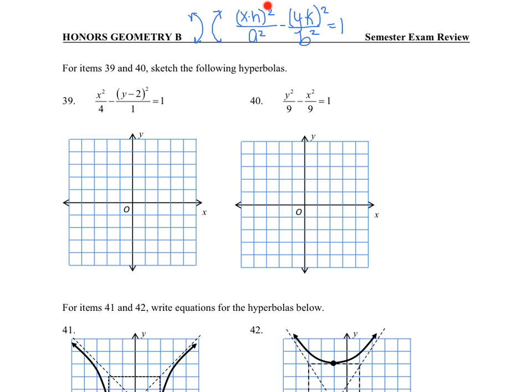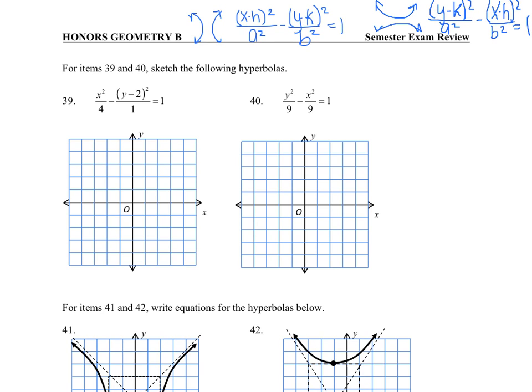Hyperbolas, the x and the y are what change order. The a and the b stay the same. Whereas an ellipse, the x and the y stay the same and the a and the b change order. We also have a minus instead of a plus. So the other type of hyperbola is a vertical hyperbola where it opens up in the y direction. So this means that y is going to come first: y minus k squared over a squared, because that stays the same, minus x minus h squared over b squared equals 1. These formulas are on your formula sheet, but remember to keep these things in mind for when you're